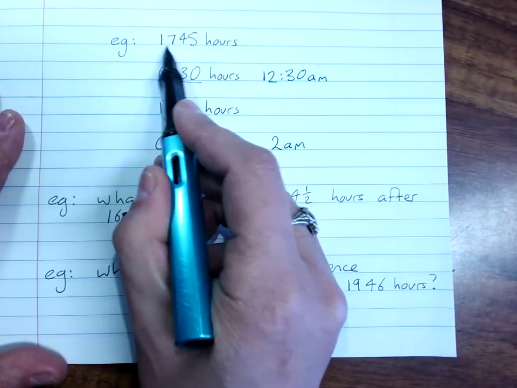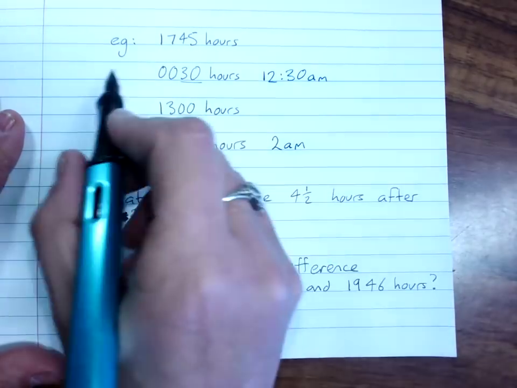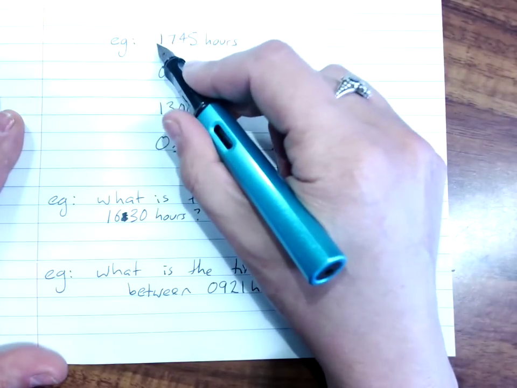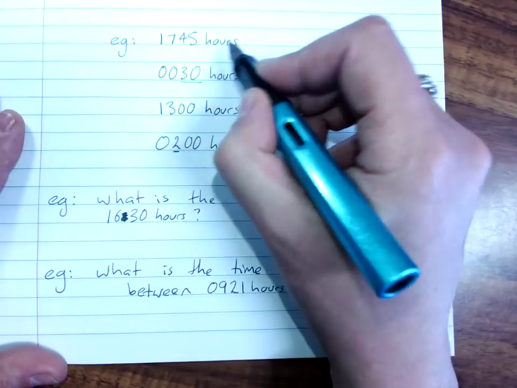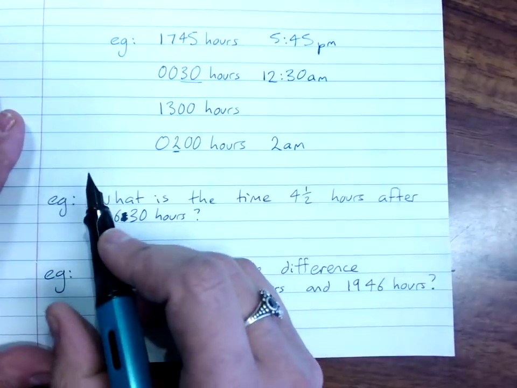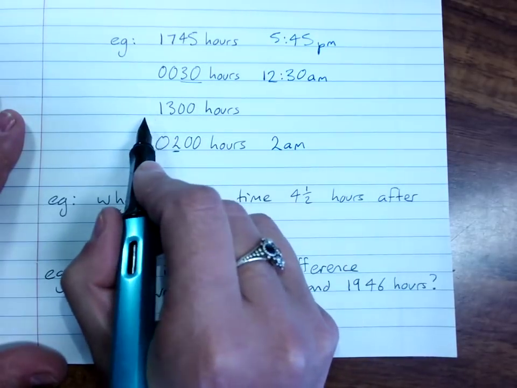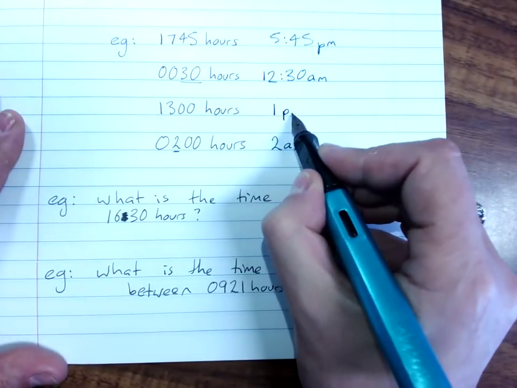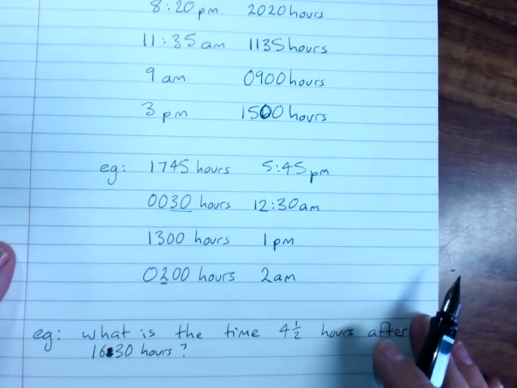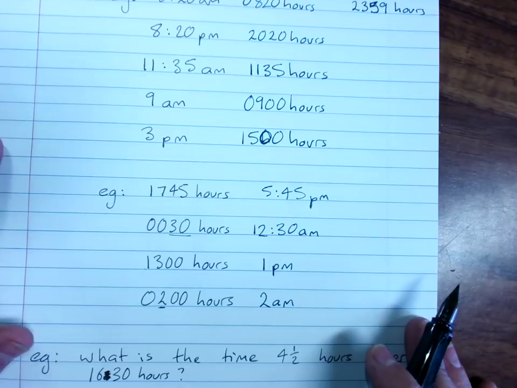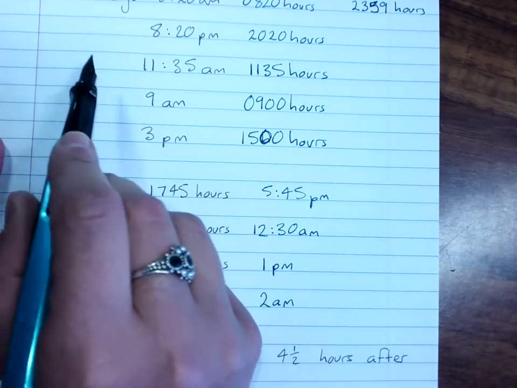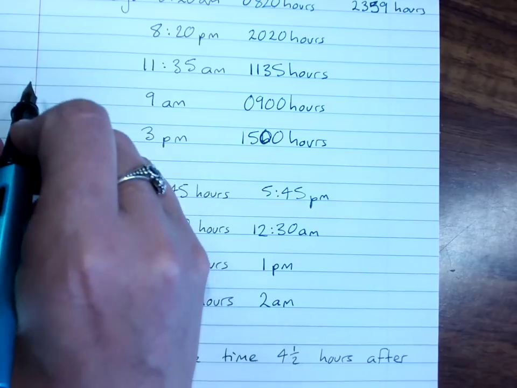17:45, you can see that's afternoon because it's more than 12. So we subtract 12 for the afternoon to convert back. 1700 minus 1200, that's 5:45 in the evening. 1300 hours, subtract 1200, that's 1 PM. So, morning, it's pretty easy. We've just got to make sure it's in the right notation. Afternoon, for moving into 24-hour time,